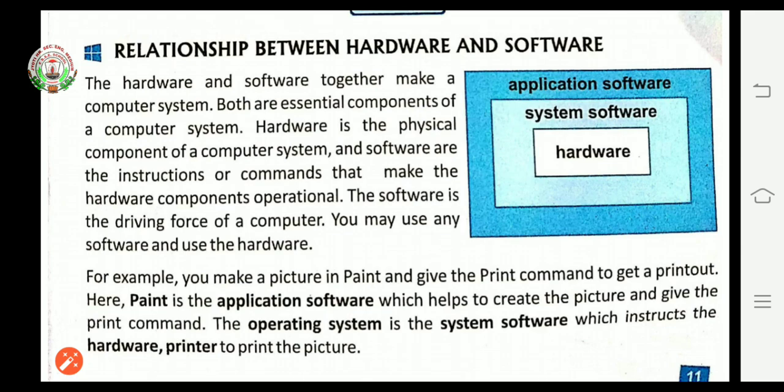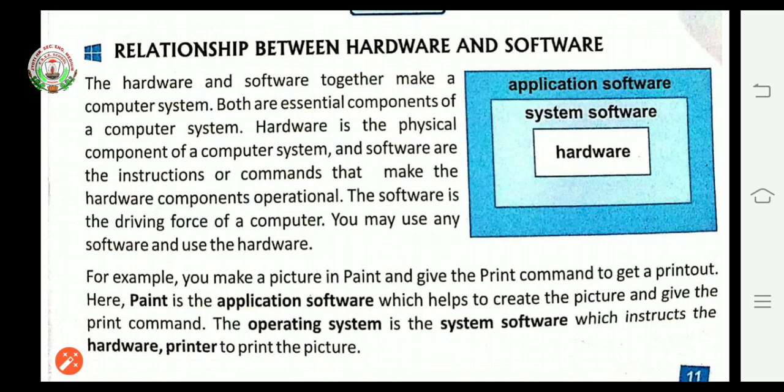If you think we can run our system with hardware only, that is not possible, and the same goes for software only. Hardware and software are both needed to make the computer system work.